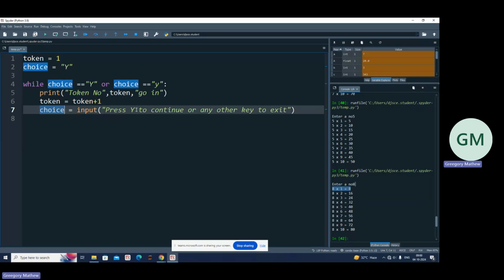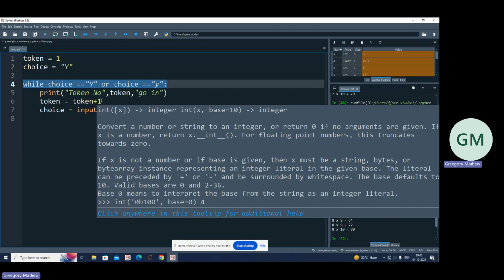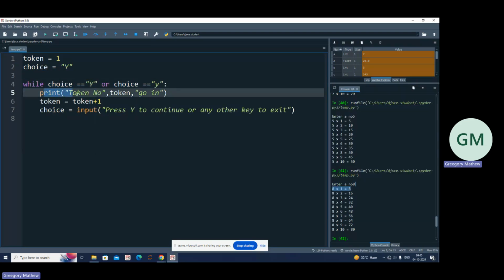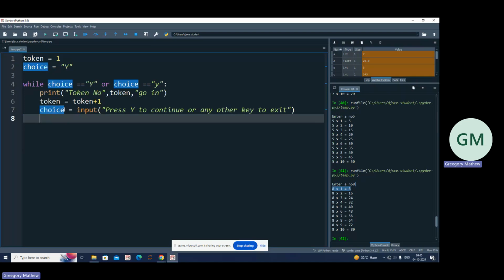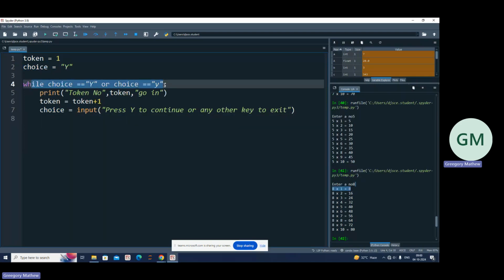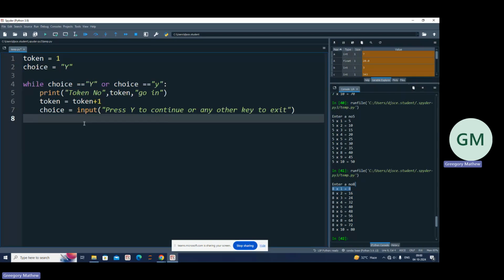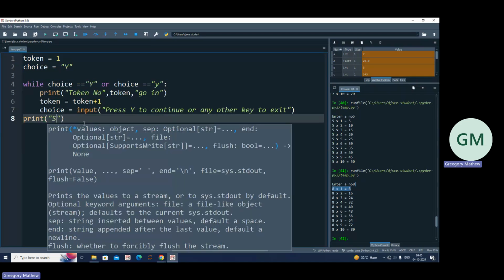So if he presses Y, then again from line 4 the loop will continue. Now the value of token was already previously incremented, so here you get the print statement token number 2 go in, and then this keeps on continuing. Let us say after some instances the inspector presses some other key which is not Y. In such a case the value in choice will not be equal to Y. So this condition will not be met and your loop will terminate and you will come outside. When you come outside, I will print the statement, sorry,